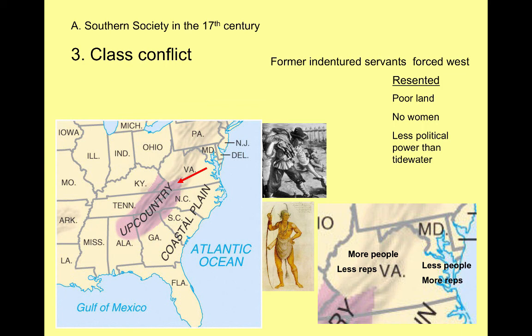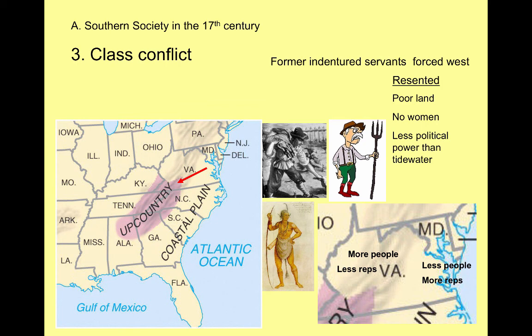And so we're going to see that the upcountry poor farmers are going to be resentful of all the things that are on this slide, but they're also going to be resentful because the whole political system is geared against them. It's geared to favor the East Coast elite towards the right-hand side of this map. So we have a bunch of angry Western farmers. And we're going to see that this is a trend in American history, this East-West tension.